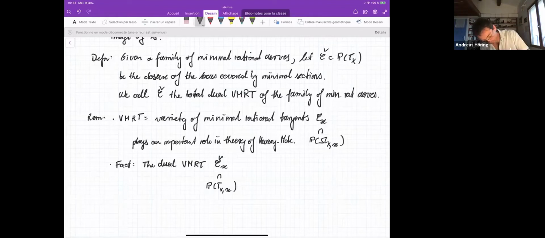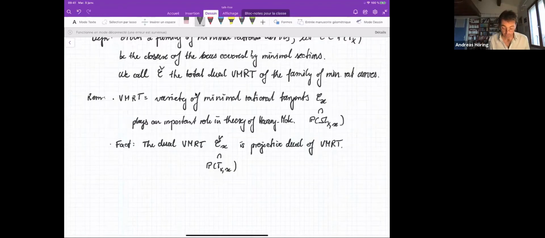Okay, so it's the projective dual of the VMRT, and somehow this explains the terminology: the two varieties are projectively dual. Okay, so these are the remarks, and now